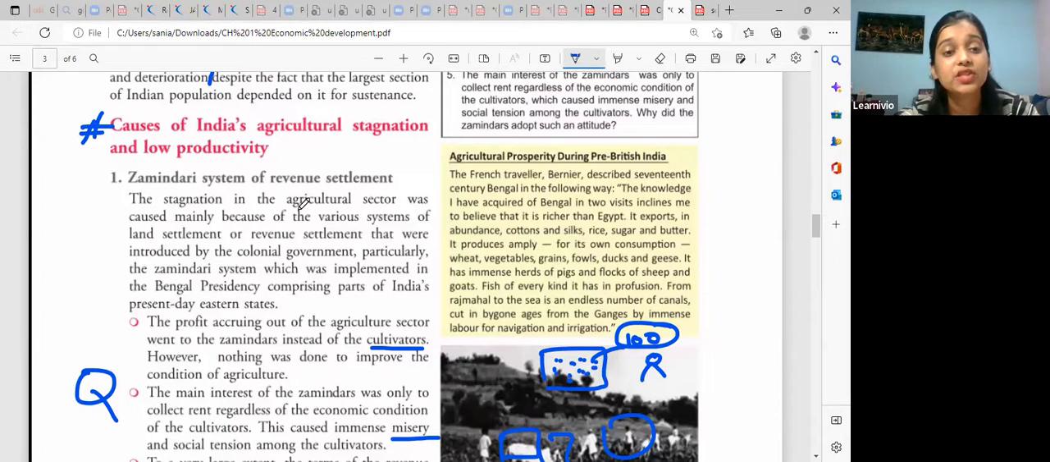Then you'll write: the stagnation in agriculture sector was caused mainly because of various systems of land settlement and revenue settlement, especially the zamindari system. Okay. Revenue settlement that were introduced by colonial government. Till here you can write. And then you'll write especially the zamindari system. Okay. Especially the zamindari system. And after that,